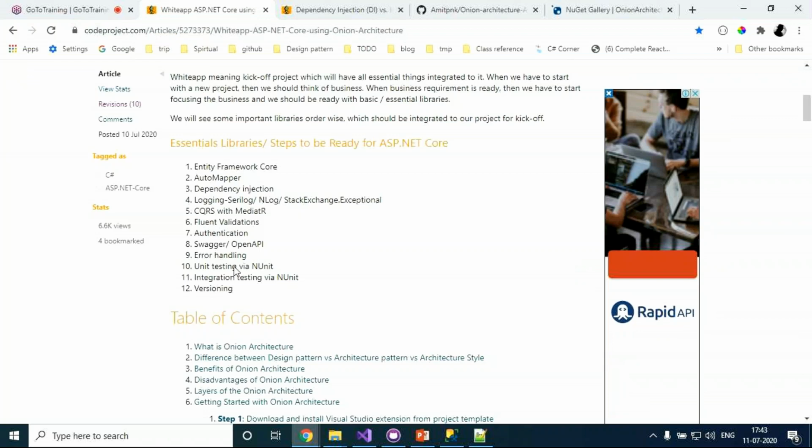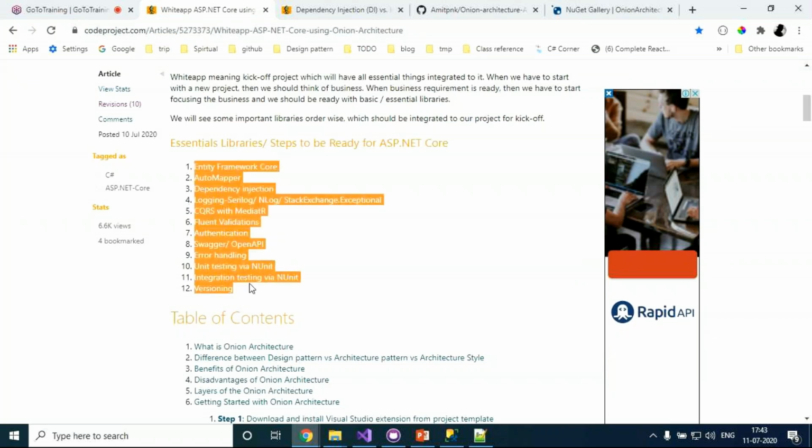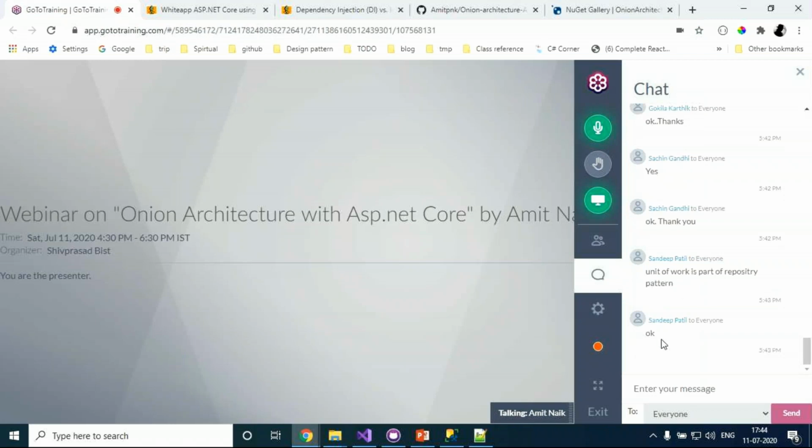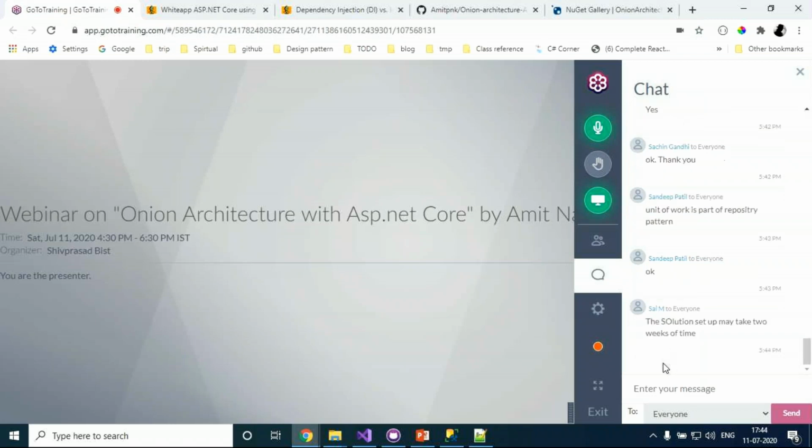Okay, I just want to ask you: to implement all the features, all the essentials, all the libraries, it might take at least a month or 2 weeks, based on experience. So can anyone tell me how many days are required for that? Any idea? 2 weeks of time, right? It may be based on the experience. It may be 2 weeks or 3 weeks, or if you understand all of this, it may be 1 week.